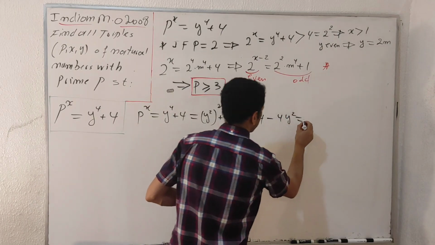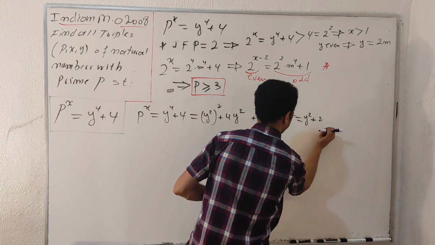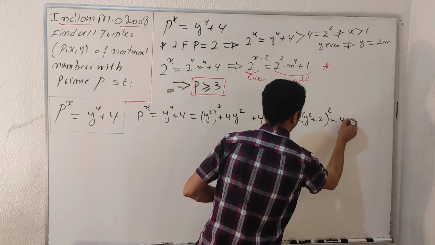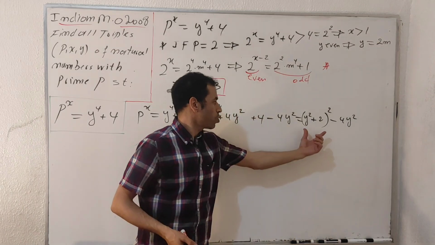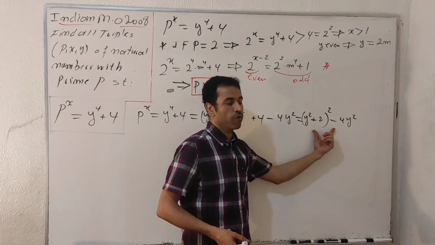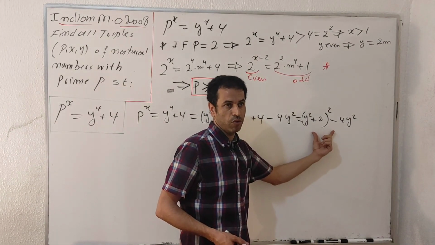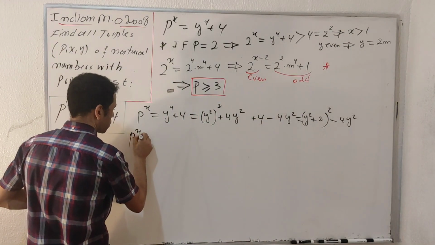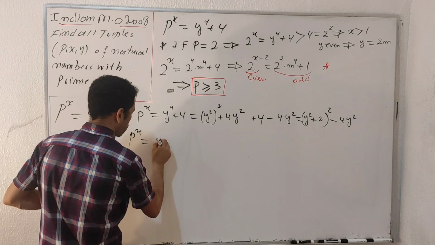So this one will be written in this form: y squared plus number 2, all squared, minus 4y squared. This one is written in the form of a difference of two squares, so I'm going to transform this into a product. So we'll have p to the x equals y squared